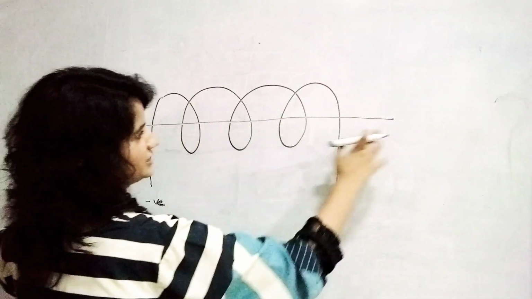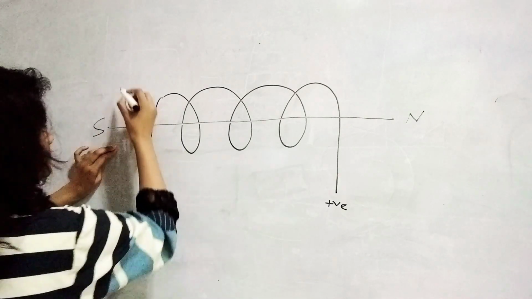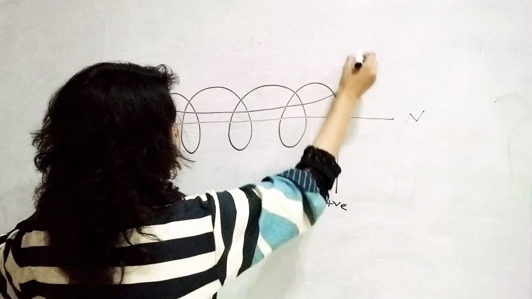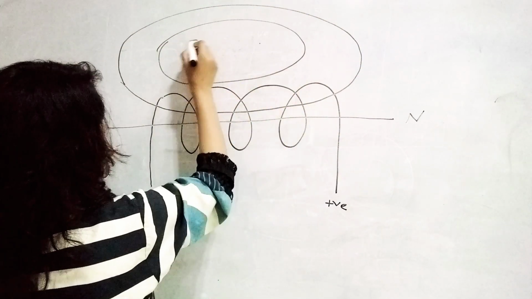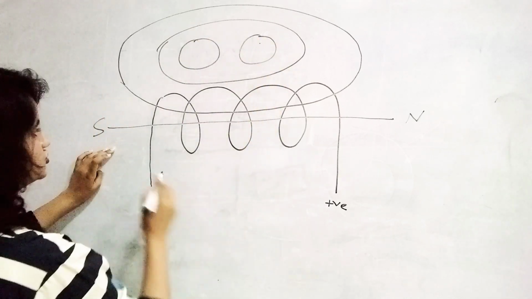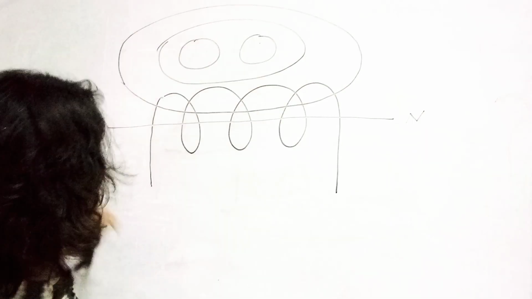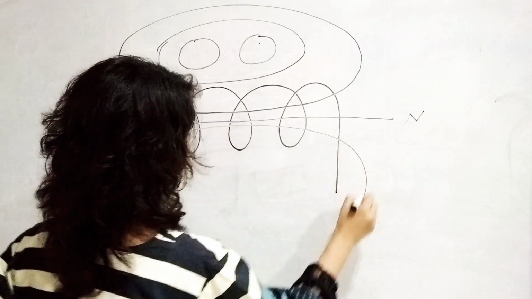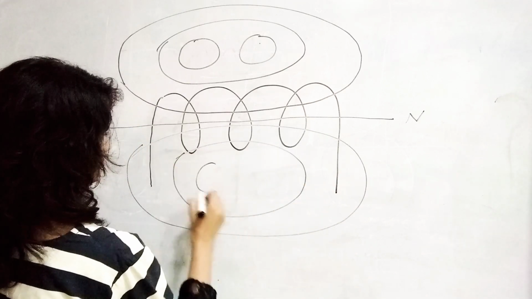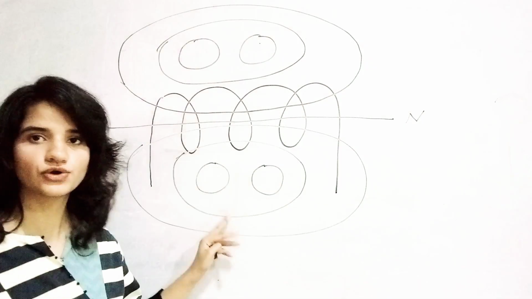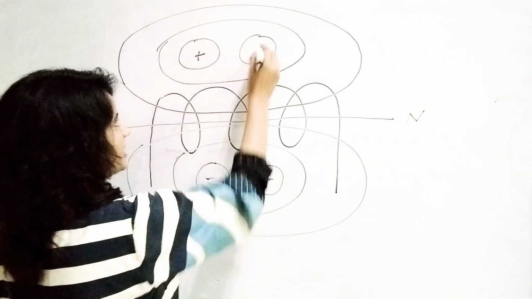There we will draw a line in the center of the coil. This is the N region and this is the south region. So a region is being developed here. The same way a region will also develop here in the other side. The lower side would be considered as the negative side, while the upper side would be considered as the positive